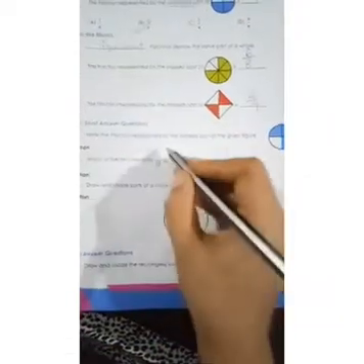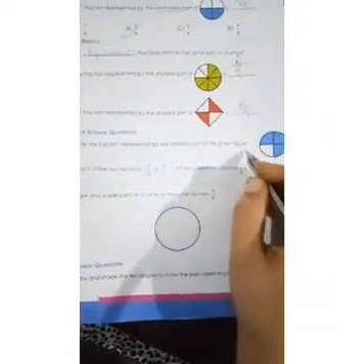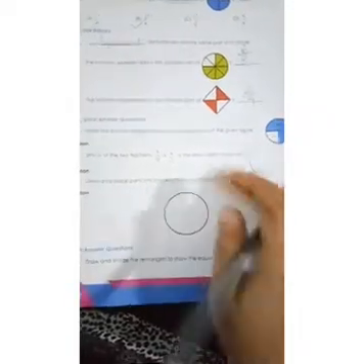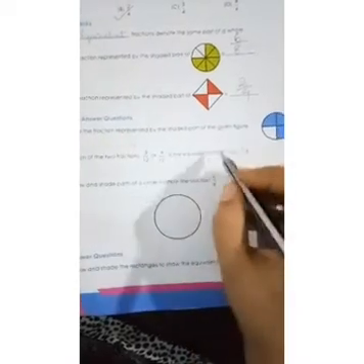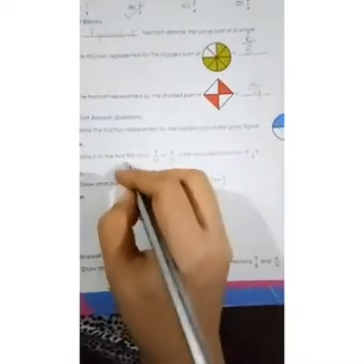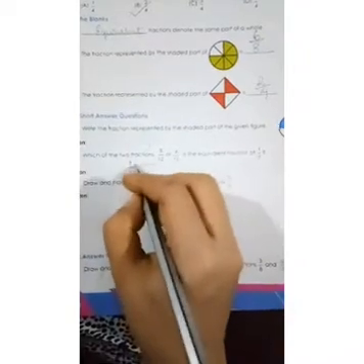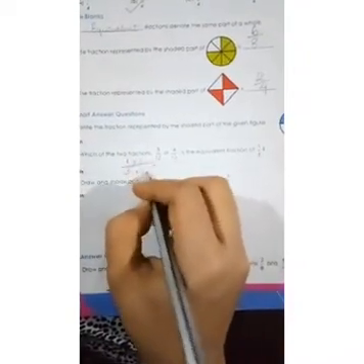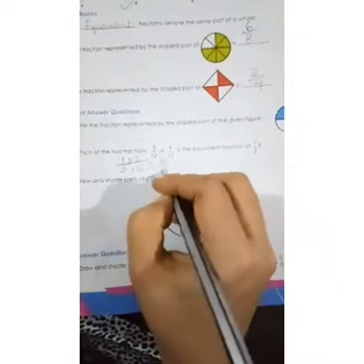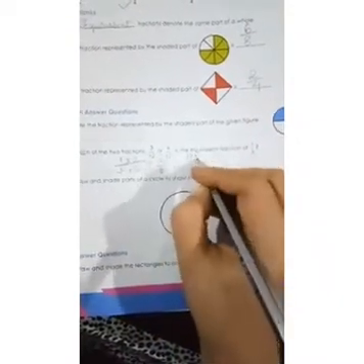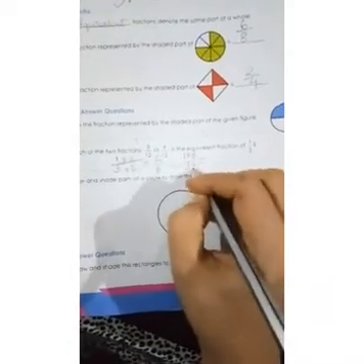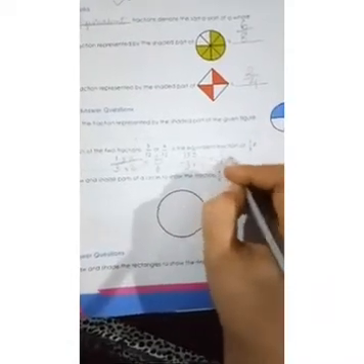Write the fraction represented by the shaded part of the given figure. So you have to find this by yourself. Which of the two fractions, 3 by 12 or 4 by 12, is the equivalent fraction of 1 by 3? So let us multiply 1 by 3 starting from 2. Okay, we'll start with 2. What we'll get? 2 by 6. Let us start with the next one. Since 2 by 6 is not there, with 3 let us start, into 4. So what we got? 3 by 12. Now only 3 by 12 is here. So this is the correct answer.